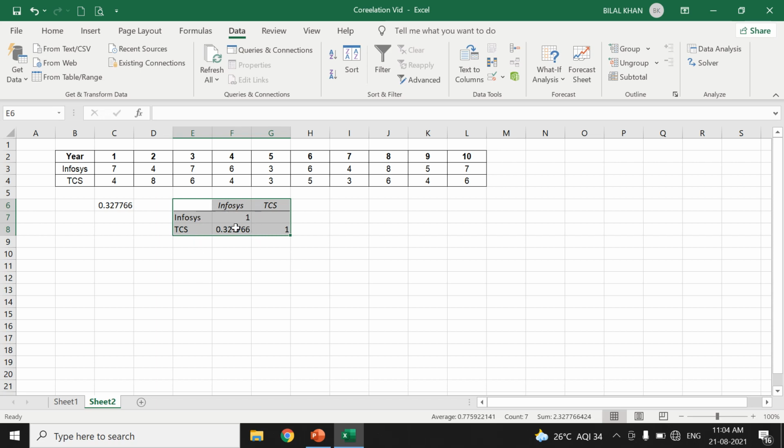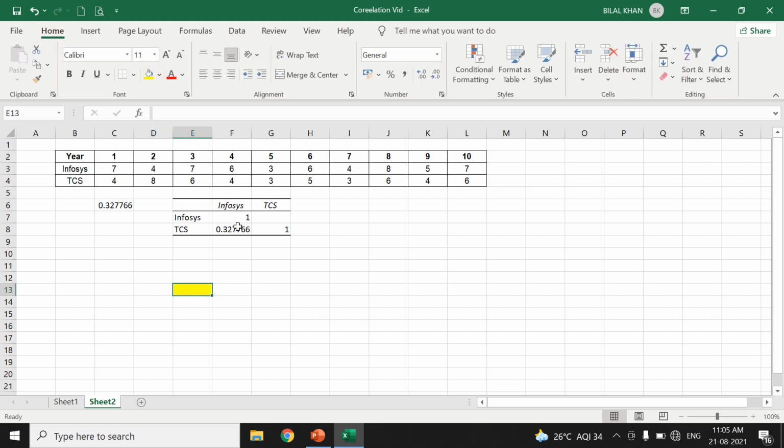And which cell do you have to refer to? The cell that we have to refer to is this one, because Infosys and TCS, this is the intersection cell. The values are the same.